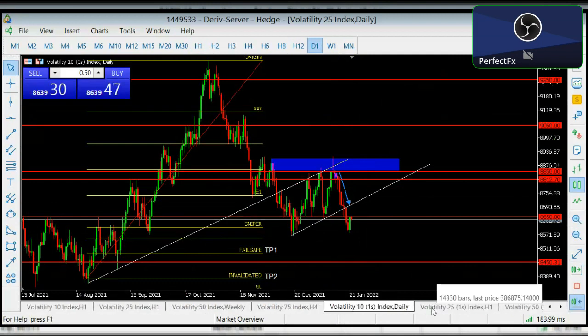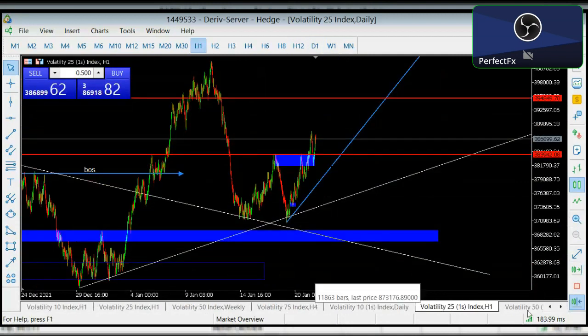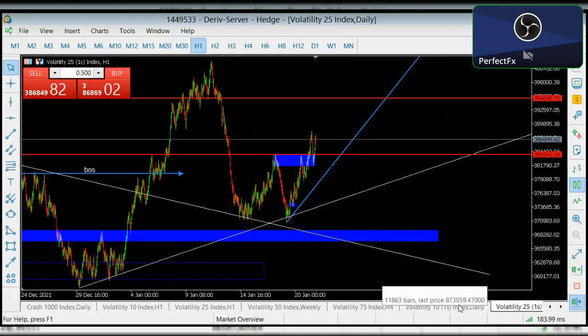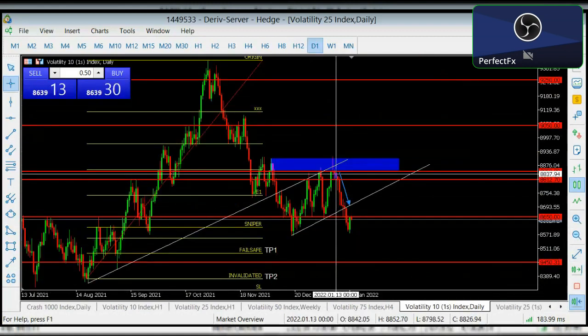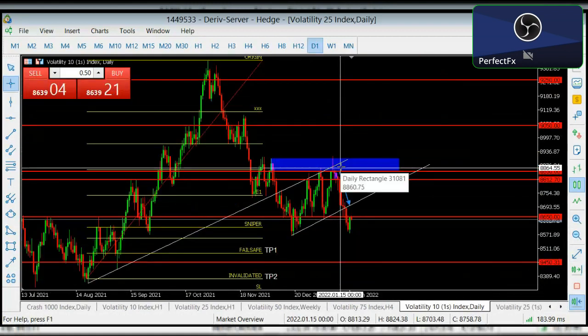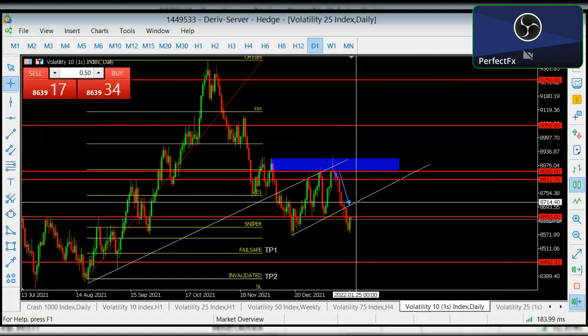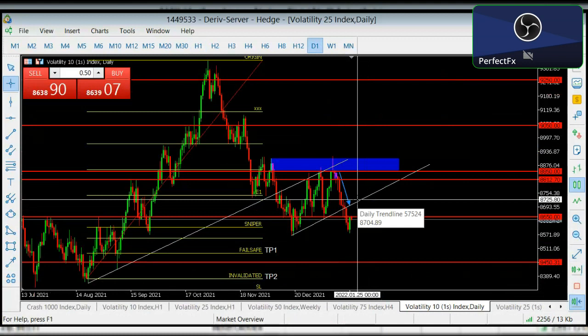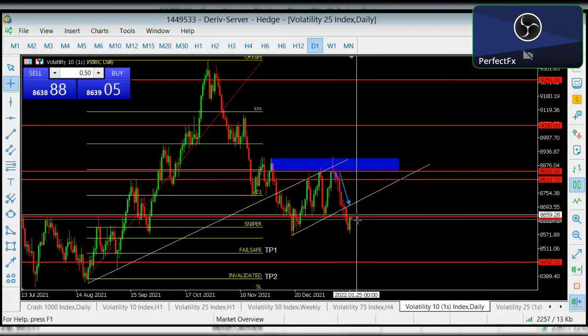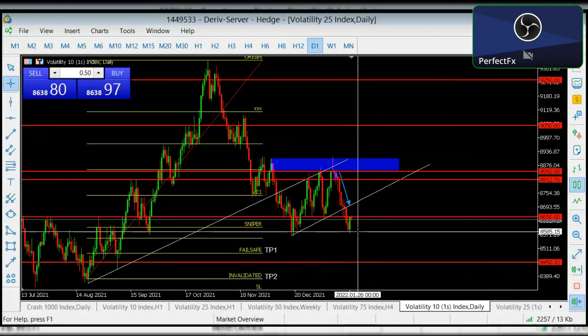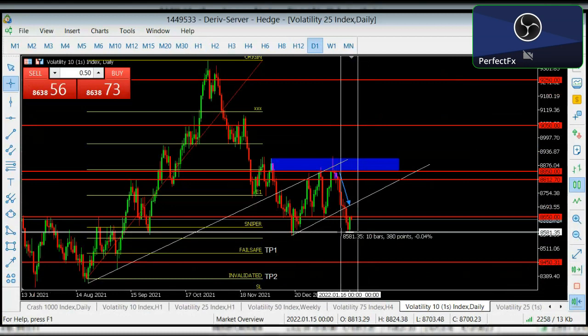Price is buying to the upside on the V101S index market. The signal was given that price is going to sell from this point down to this trend line before any other thing can happen. But price broke through our take profit point and continued to the downside. And right now, price has formed equal low and is pushing to the upside.